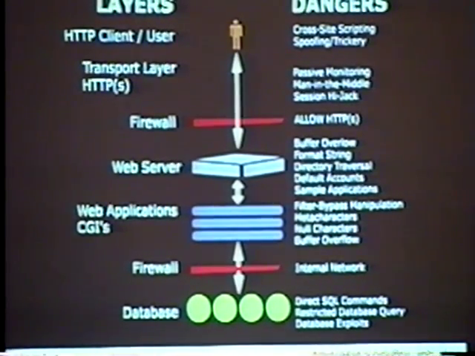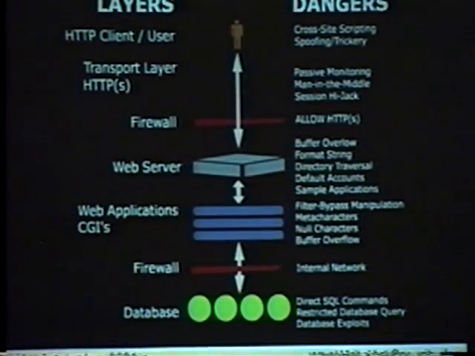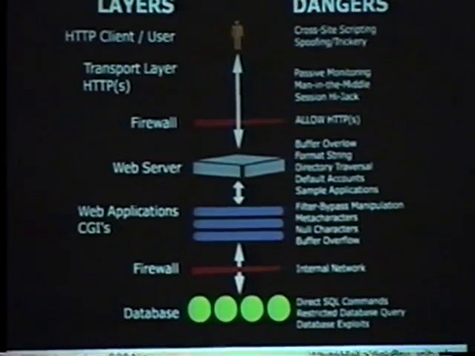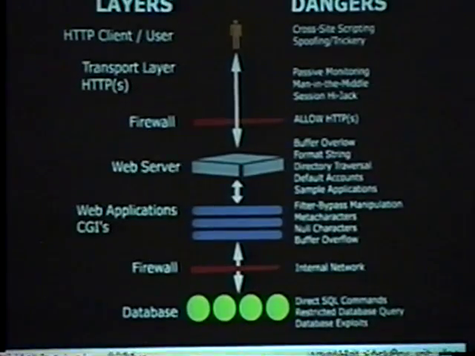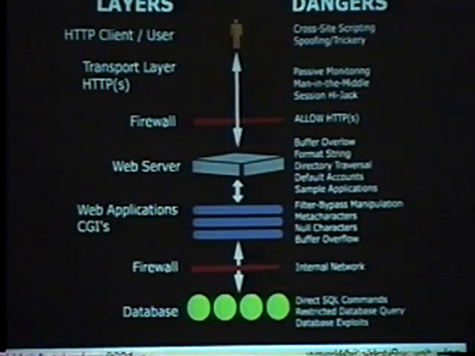Web applications are vulnerable to many, many things, namely filter bypass manipulation, which is a very new technique on how to defeat commonly implemented security safeguards. There's meta-character attacks, null characters, buffer overflows. And there's the internal firewall, which might be part of the external firewall, but VLANed off. Basically, the middle section here is the DMZ.